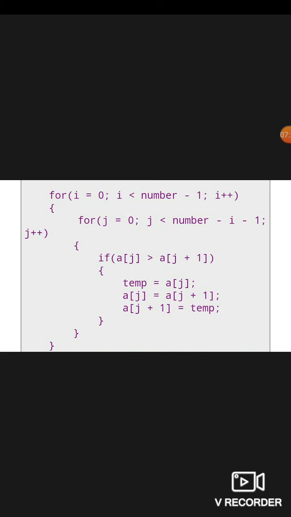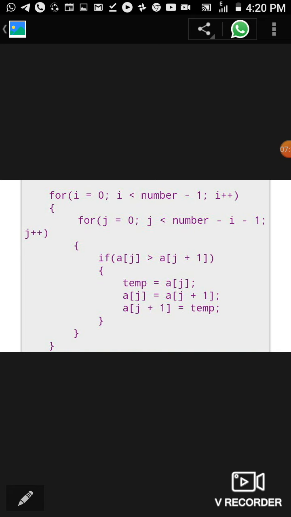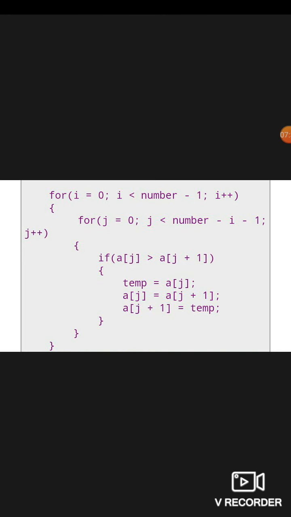Similarly, come to the inner loop. In the inner loop, the temporary variable is j, and you are seeing that in the first step, you require 4 comparisons. Second step, 3 comparisons. Third step, 2 comparisons, right? That means the condition will be j less than number minus i minus 1.